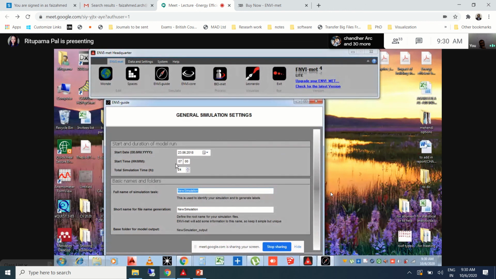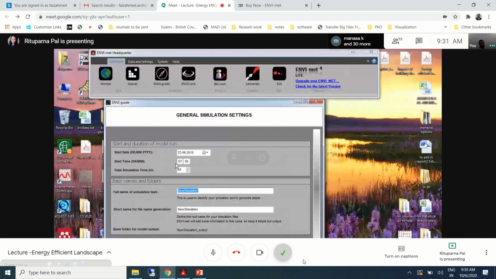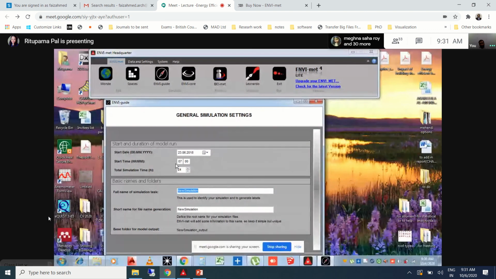That might be for any day of a present year or a past year or something in a future year. So NVMe uses the available data sets according to its coded data, like climate data and all. So it will take the data from its source and it will use that climatic data for the simulation.